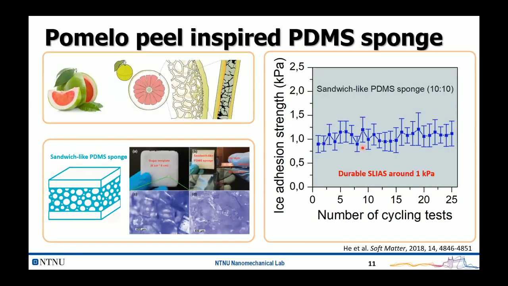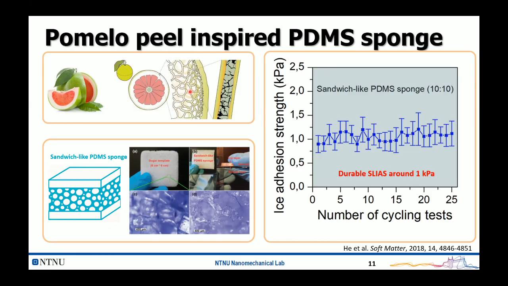Then let's see some examples using this concept and how we can realize this MASI and multi-scale crack initiator mechanism. And here is one that mimics the pomelo peel. And now is the season, I know in China it's the season for the pomelo. If you ever peeled a pomelo, you probably feel there is the outer layer surface with a little bit of wax and a little bit of contact surface, and inside is a very porous and soft layer.